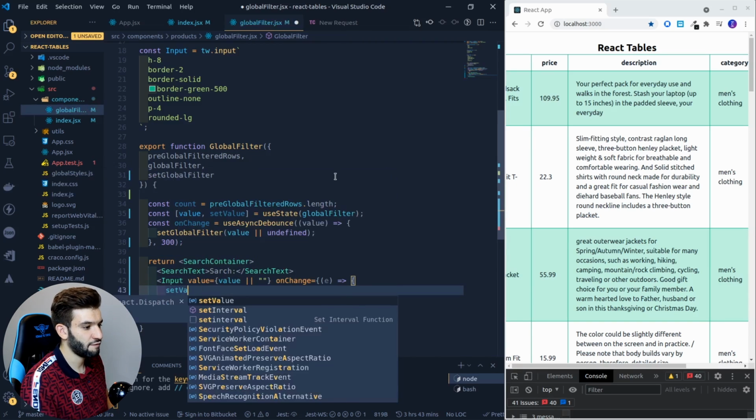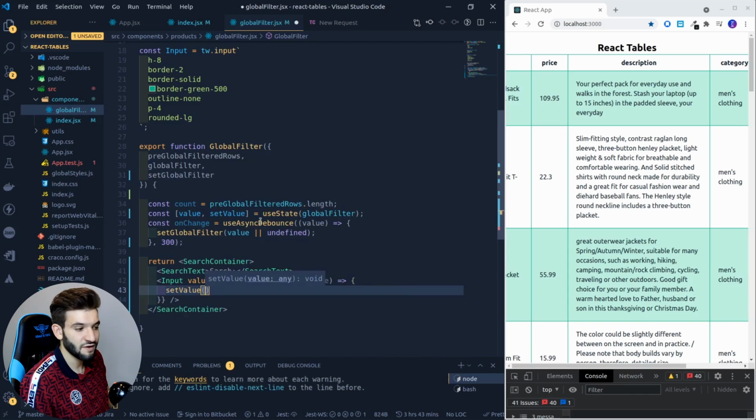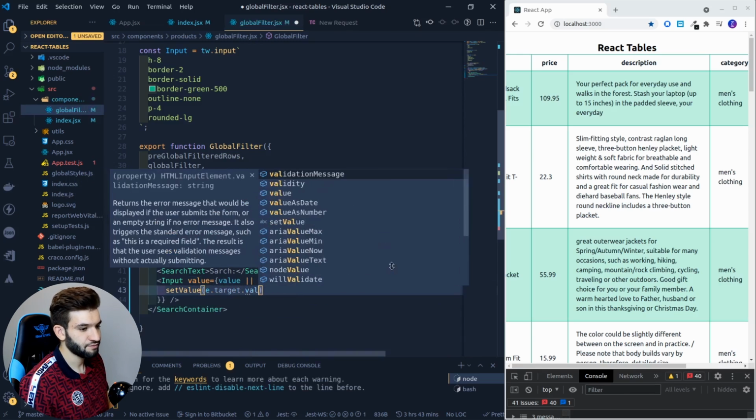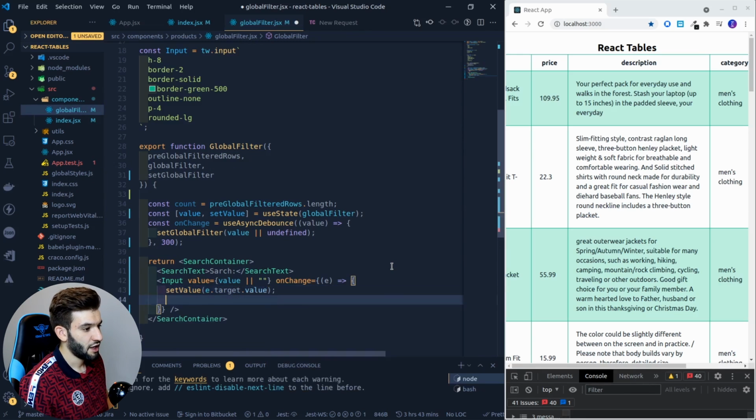So for example, we want to set the value right at the bat. And why set the value? Because we want to update the value of the input in here as soon as the user types, but we also want to wait on the onChange. So that's why I'm going to do e.target.value. And next in here, I'm going to trigger the onChange so we can change the filter data